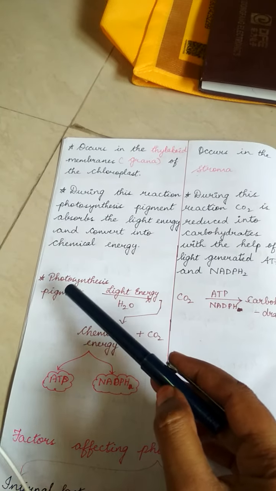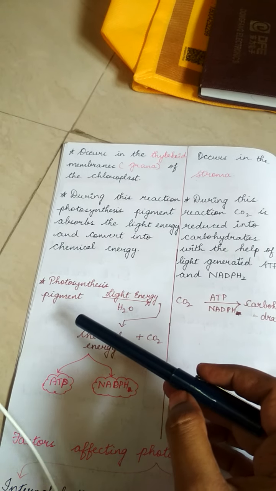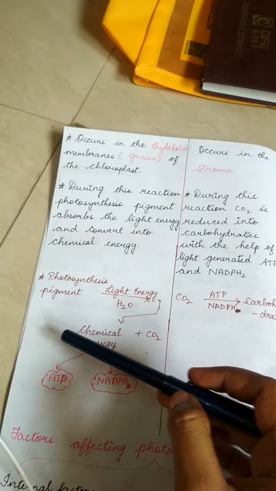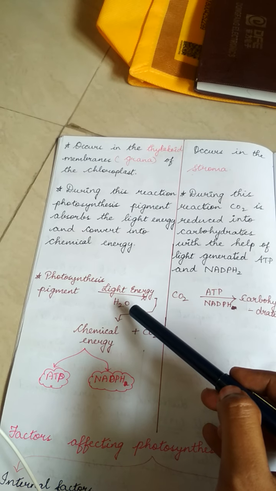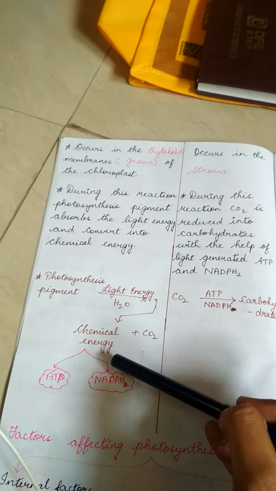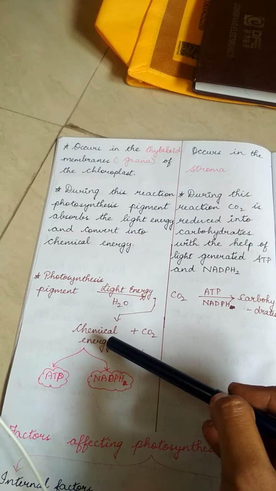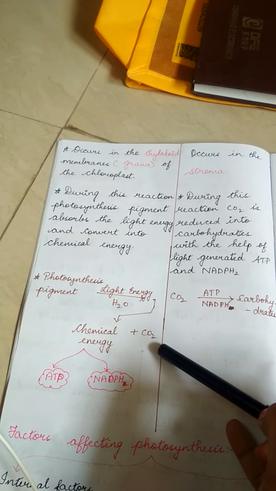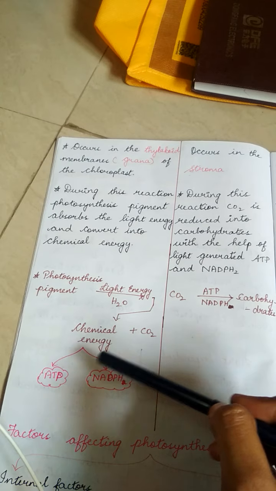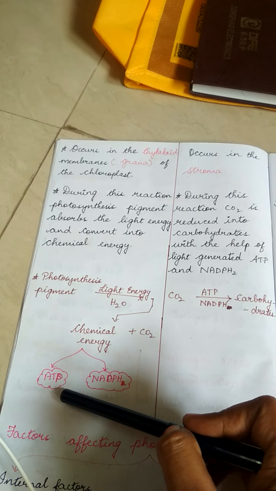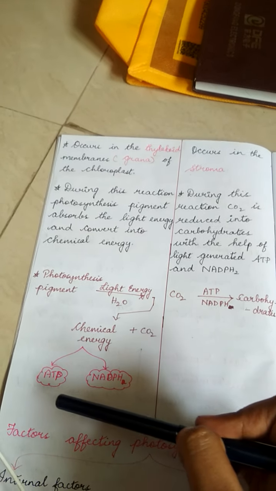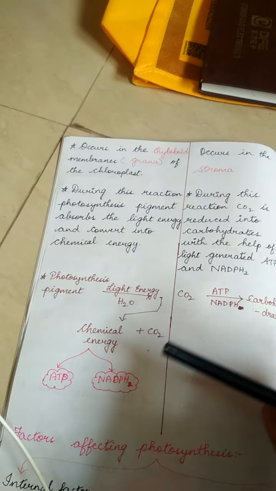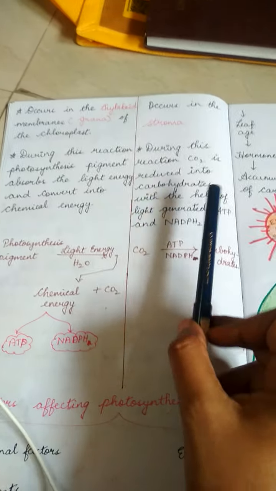Now the photosynthetic pigments, as we discussed earlier, chlorophyll A, traps the light energy, and in the presence of water it gets converted into chemical energy and oxygen. That chemical energy is what we call ATP and NADPH,